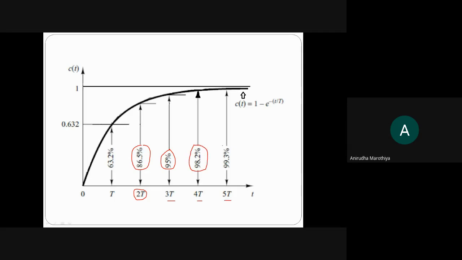And at 5 time constant, it is almost going to be equal to 100, but not exactly 100. It is around 99.3% of the final value. So from this, it is very clear that if you are interested to study the time response analysis of a control system, at the max, we need to study the response up to 4 time constant or up to 5 time constant, because up to 4 or 5 time constant, the response of the system is almost equal to its final steady state value. At the end of 4 time constant, the response is 98%. By the end of 5 time constant, the response is 99%.